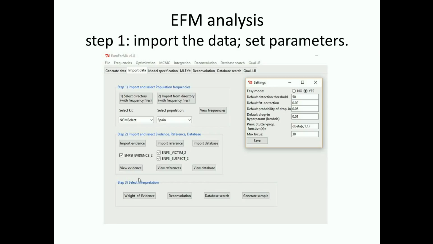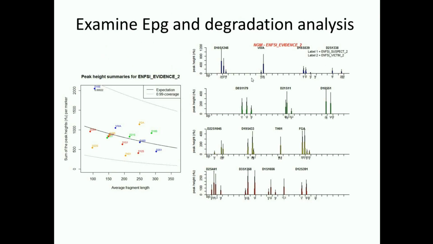So the next step is to view the evidence here, and that gives us the EPG over here. You can see we've got a major minor profile. Label 1 here is the ENFSI suspect. Label 2 over here is the victim, so you can see that the minor component belongs to the victim under